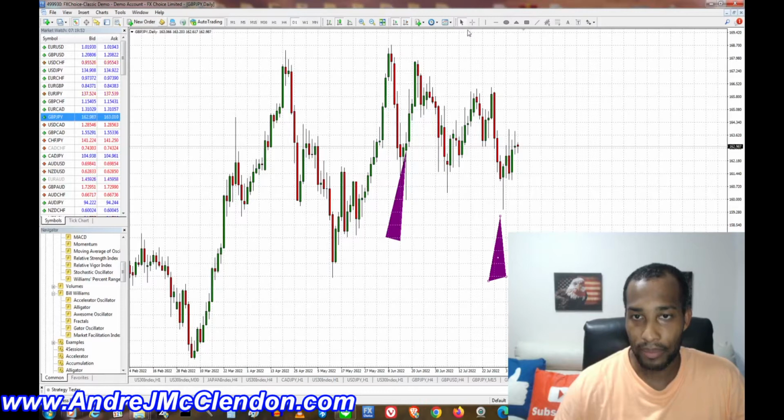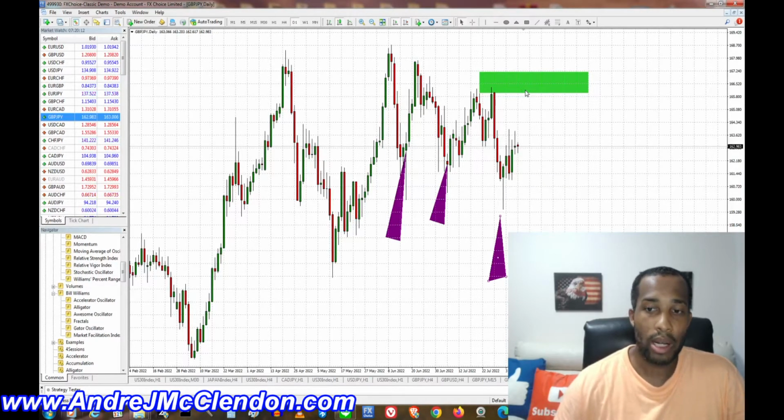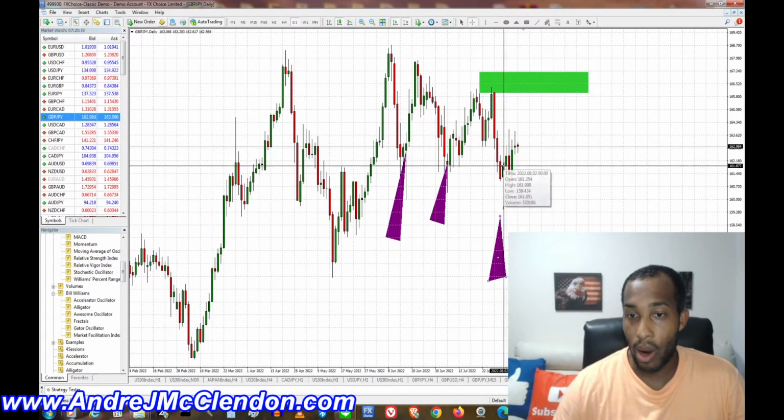Oh, here's another hammer right here. So I entered off of here, and my expectation for the market to go to is up here, right here. So we're looking at up to about 300 pips. Now I'm trading on the daily, so this might take a couple days, maybe a week or two to hit this point. If it doesn't, it's fine, because I already locked in my trade, since it's already up 100 plus